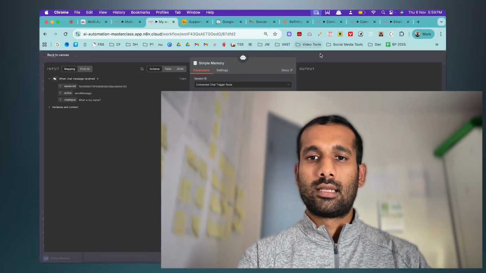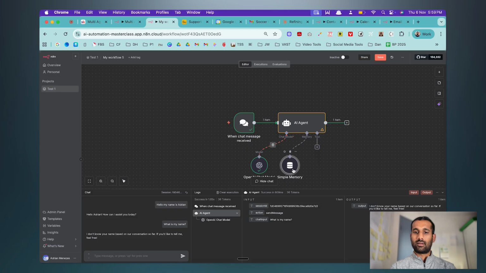Now, that is a trade off for you to decide based on what's ideal for your use case and your application. Between 5 to 10 is more than enough. So if we come back in here, now that we have this memory node set up, if I hit save,